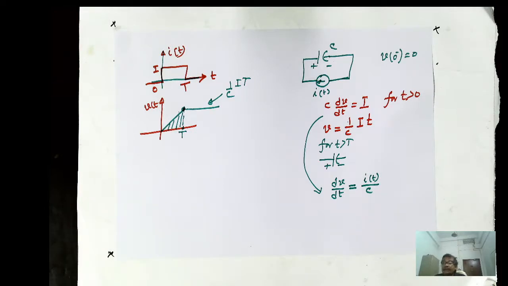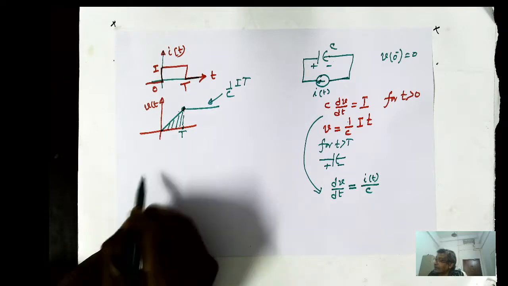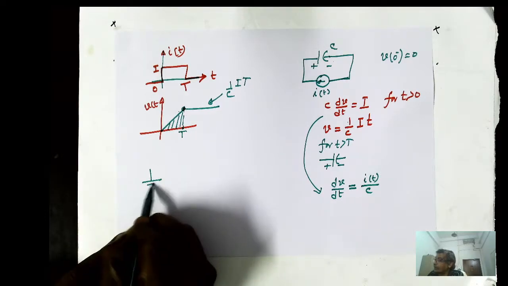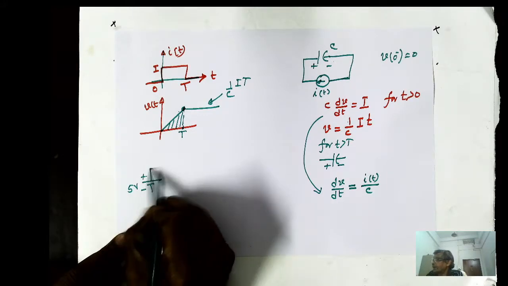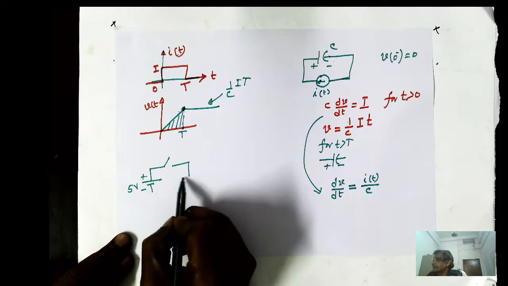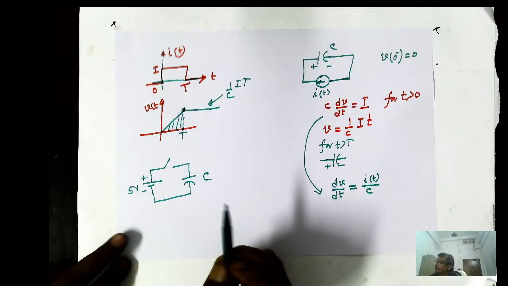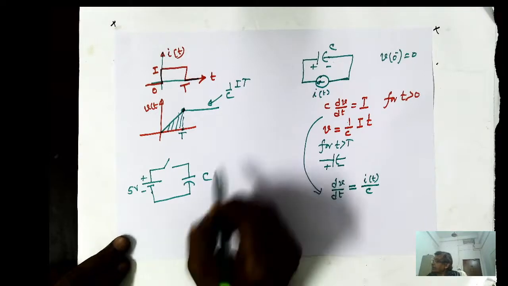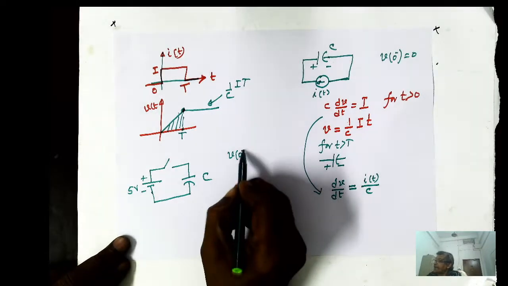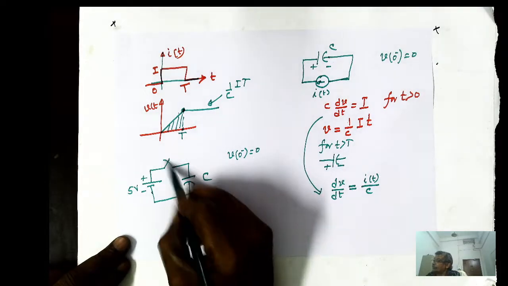Okay, in that case, there will be a resistance in series with the capacitor. Is it not? Then you are applying a voltage and it is causing some current to flow. But what I am telling is that you never do it like this. You have a constant voltage, suppose 5 volt, and suppose it is an ideal capacitor C, and the capacitor was uncharged previously, and at t equal to 0 I am going to close the switch.